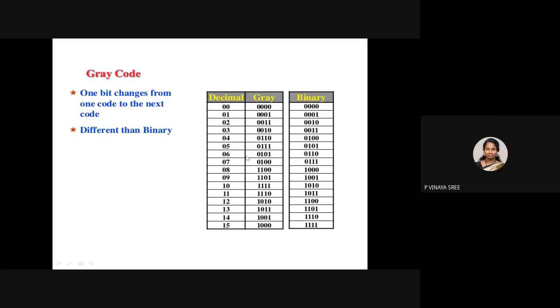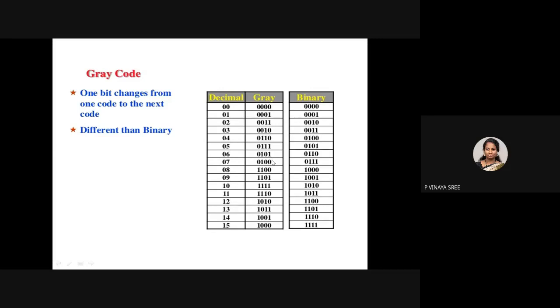Okay, so let me see the other example, 6 and 7. Try to see my mouse position. Here we have 0, 7 also 0. Here we have 1, 7 also 1. Here 0, here 0. But here at the last, from high it is converting to low, only one bit position. So that is an advantage of gray code.